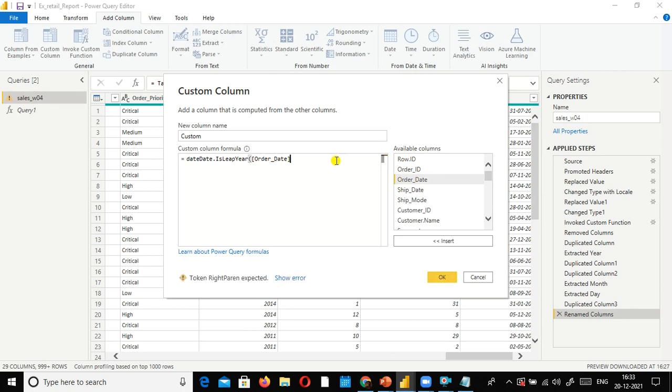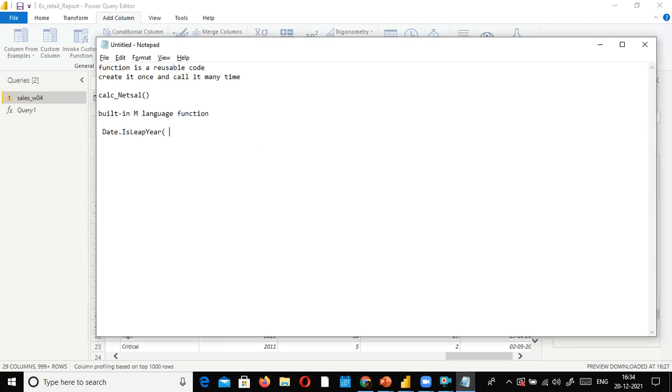Many of them don't do this. If you find something underlined, that means some syntax error. Here in this case I did not use the closed parenthesis, since your function should have open and closed parenthesis. In any programming language, this is the rule. There is a difference between method and function, but I won't talk about that. If you find any word, for example IsLeapYear, followed by open parenthesis, that means this is a function.